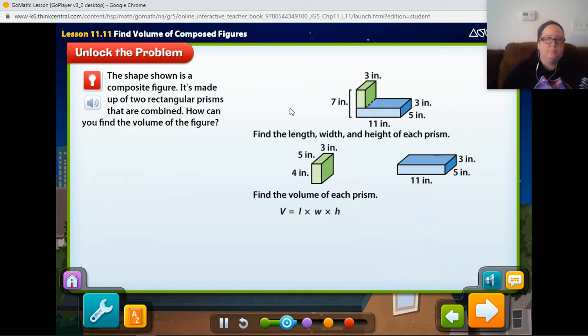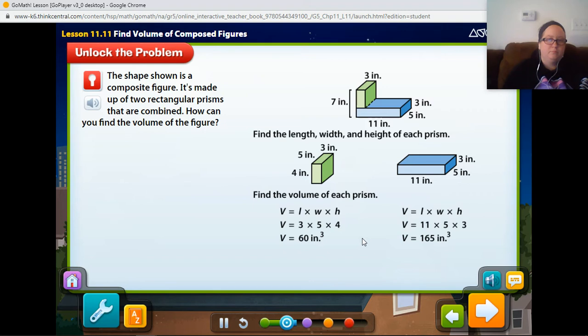Volume equals length times width times height. So let's work out the volume of the first prism. What's 3 times 5 times 4? The volume of the prism on the left is 60 cubic inches. Now find the volume of the other prism. What's 11 times 5 times 3? The volume of the prism on the right is